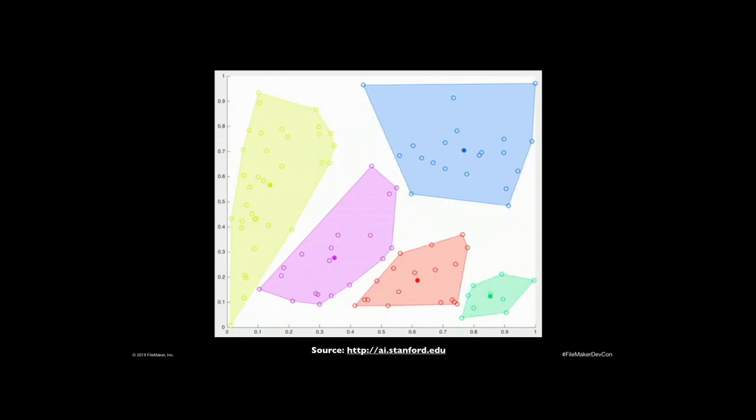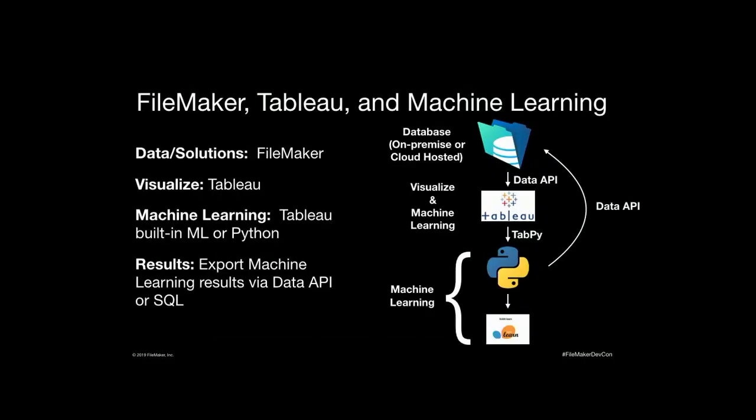The reason we're talking about this particular clustering algorithm is because it's a low-hanging fruit for FileMaker, because FileMaker integrates well with Tableau, and Tableau actually has built-in clustering in it, okay? So you can visualize in Tableau, Tableau being a visualization and data prep tool if you're not familiar with it. And then you can use the built-in clustering, and you can even write the results back to FileMaker via the